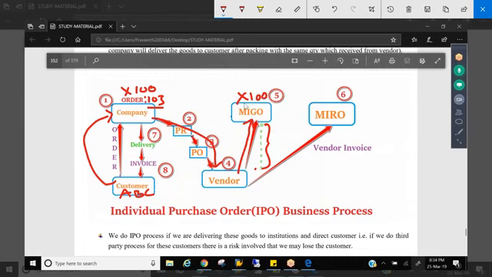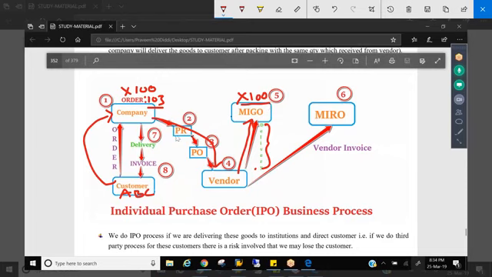So now you tell me why the company has procured this material, X material 100 quantity. What made the company procure this material from a vendor? Anyone? The order of the customer, and we do not make it. The customer has ordered this material and we do not manufacture it.